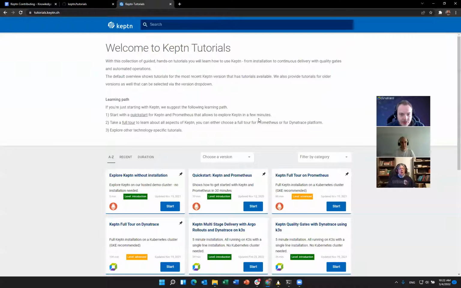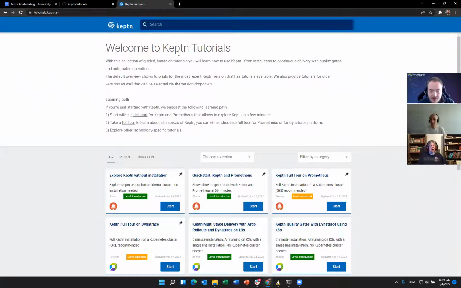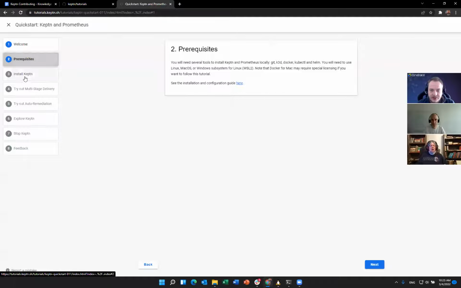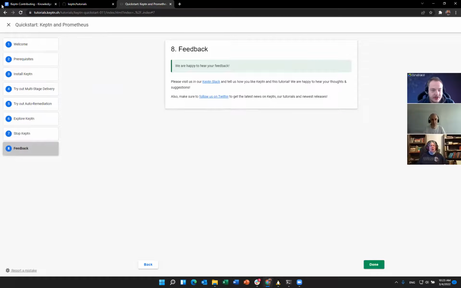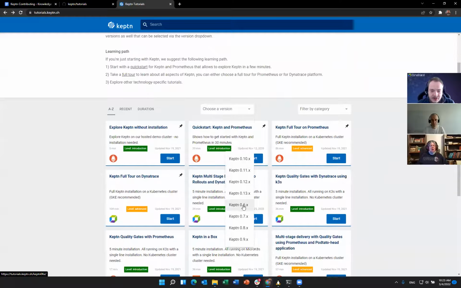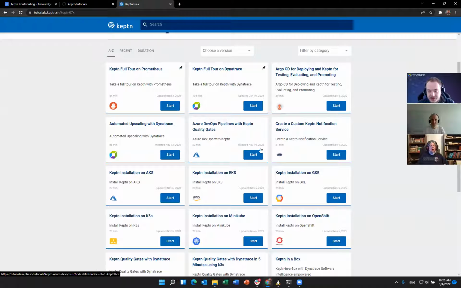Okay. So what do we see here? We basically see a set of tutorials available. For each tutorial, you can see that there are multiple steps you have to pass through, and if you complete these steps, you can complete the tutorial. Also, we have support for multiple versions. For example, if you go to 0.7, you can see that there are a lot more tutorials which have